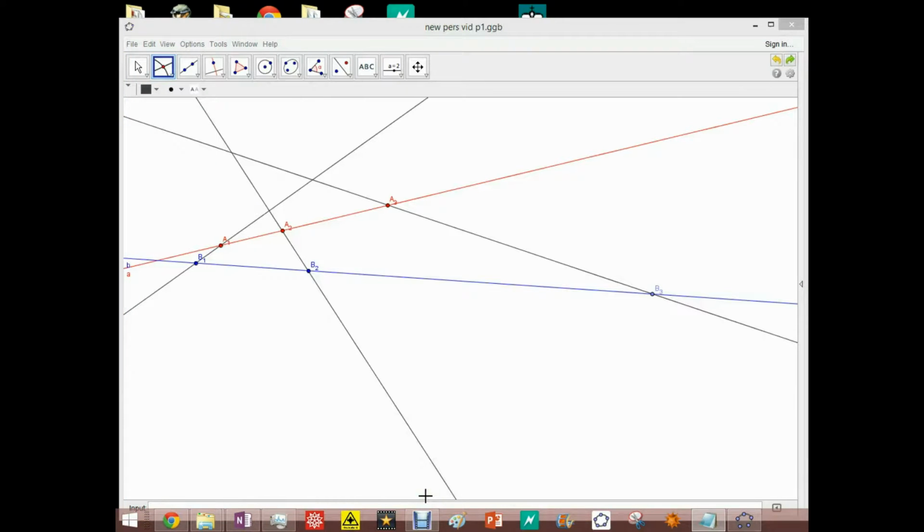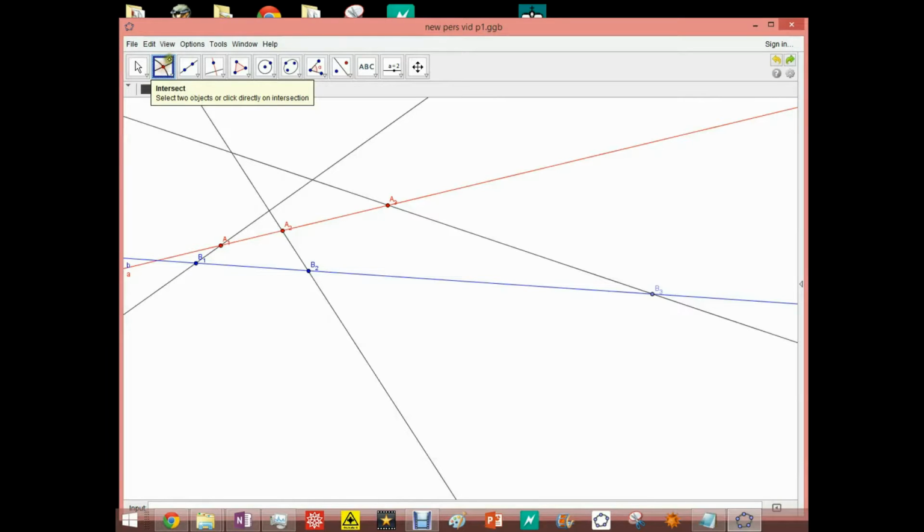Okay, so we can use any two of these 3 points to create our origins of perspective. We need two origins of perspective, but for this case, let's choose the place where this A2, B2 line crosses over with this A3, B3 line. That's going to be one of our points between A1, B1 and A2, B2. Oh, excuse me, that'd be there.